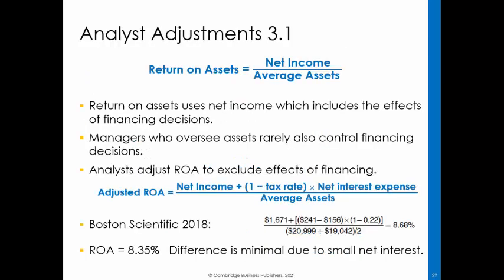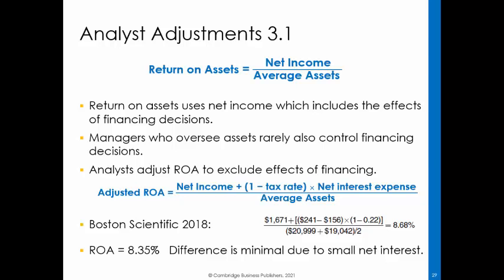Return on assets is typically under the control of operating managers, while the capital structure decision is not. Accordingly, a common adjustment made to the numerator of ROA is adding back the net after-tax interest expense, which is net of any interest revenue or other operating expense or revenue reported after operating income. The ROA for Boston Scientific, after making the adjustment to remove the after-tax net interest expense, is 8.88%,